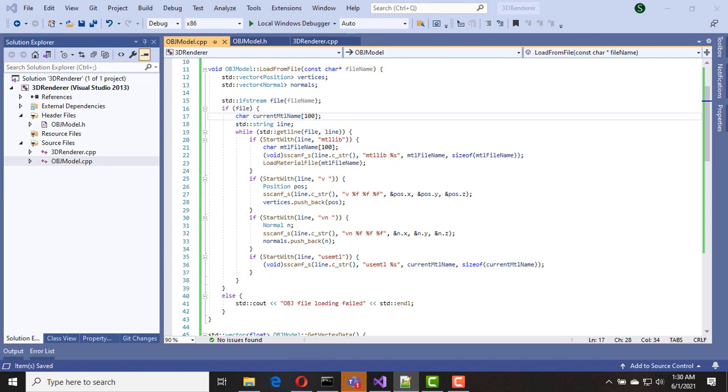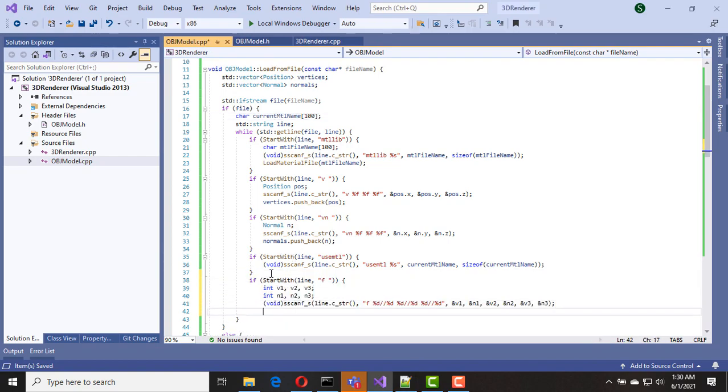Okay, next we can read faces and get the vertex indices and normal indices. We will read 3 vertex indices and 3 normal indices because our face is a triangle. Then we should pass this information to the addVertexData function for further processing.